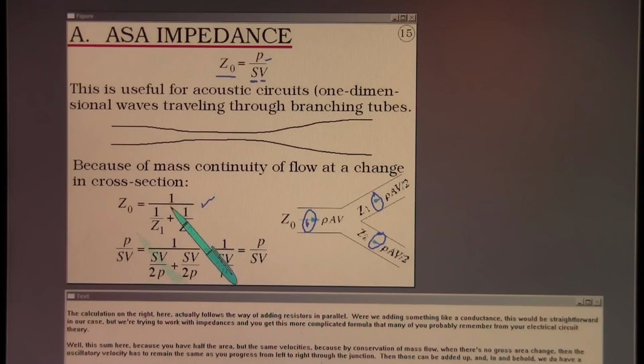Were we adding something like a conductance, this would be straightforward in our case, but we're trying to work with impedances, and you get this more complicated formula that many of you probably remember from your electrical circuit theory. Well, this